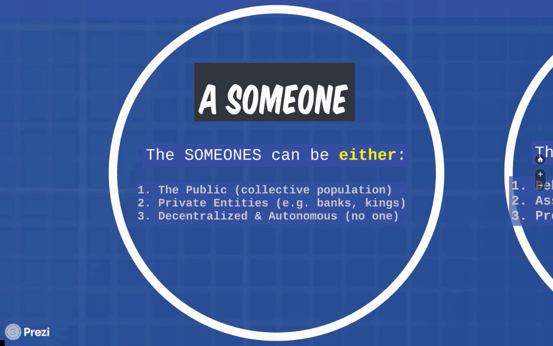Again, separate things. So the someone can either be the public, or it could be private entities such as banks or kings. Before, it used to be kings, nowadays it's banks. Or it could be decentralized and autonomous, which means nobody really owns it. It's like asking who owns the internet. Nobody owns the internet. It's a network. It's a decentralized network. So in the same way,